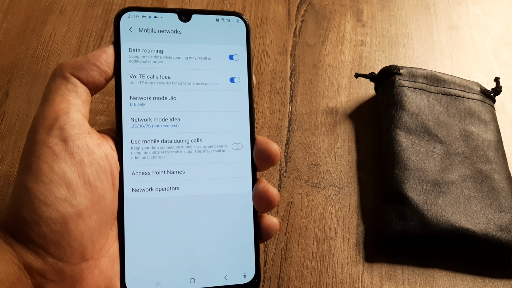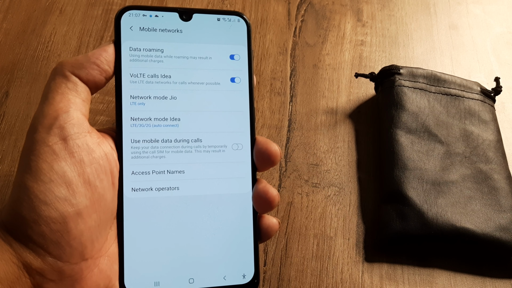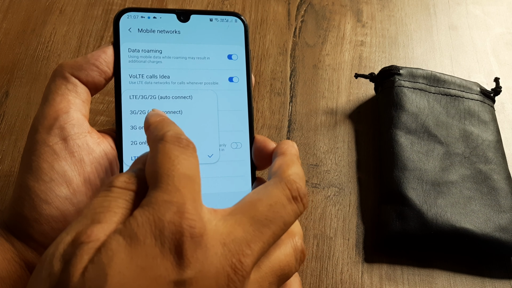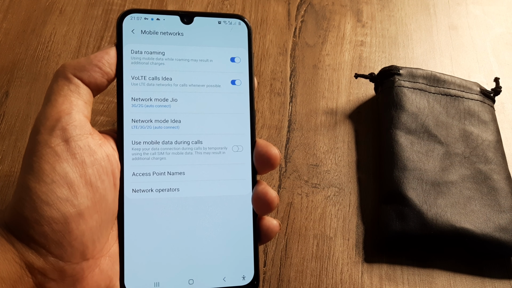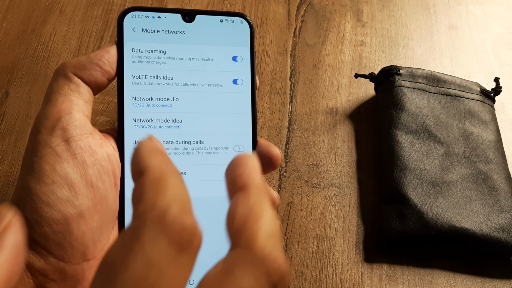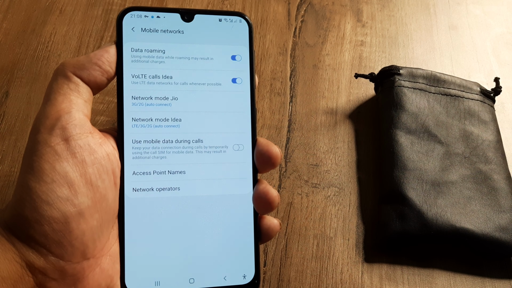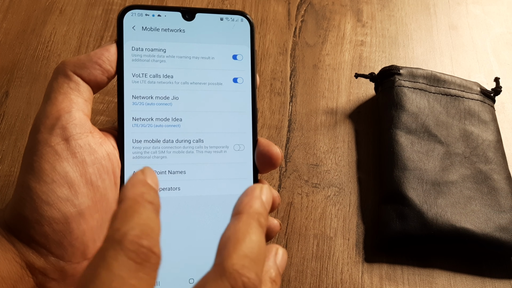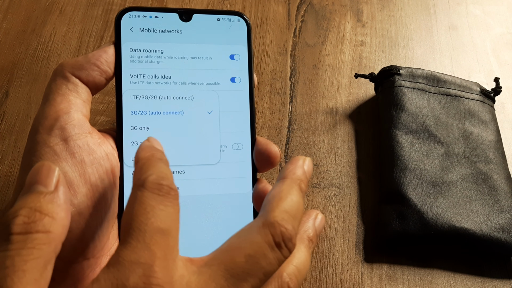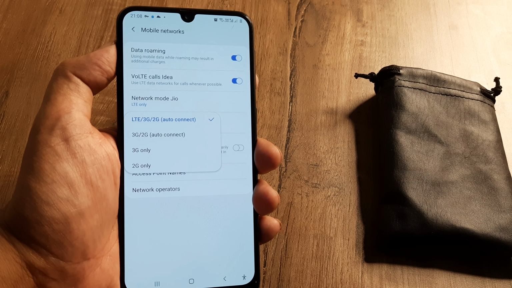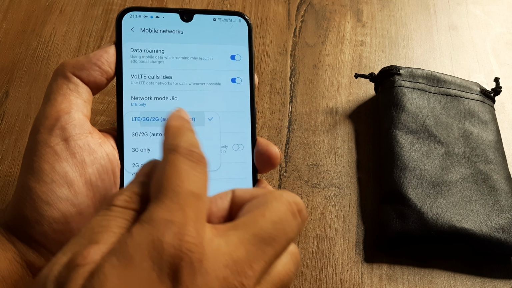Just imagine for a second that some Android update may have happened and this may have, for example, got mistakenly configured to a 3G or a 2G network. What happens then? Quite obviously, you will not be able to use the Geo SIM because the Geo cellular network runs purely on a 4G LTE network. It's therefore important that you configure it to LTE. Likewise for the other SIM as well, in case the other SIM runs on 3G or 4G. So it's quite possible that you may want to have it on a LTE 3G network.